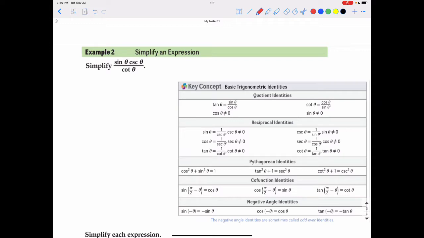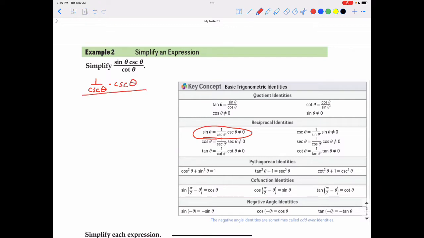So as I look through my basic trig identities, one of the things I recognize is that sine and cosecant are reciprocal identities. Sine and cosecant are the reciprocal identities right there. So what I'm going to do is rewrite sine theta as 1 over cosecant theta. I'm going to replace sine of theta with 1 over cosecant theta, and that's being taken times just cosecant theta